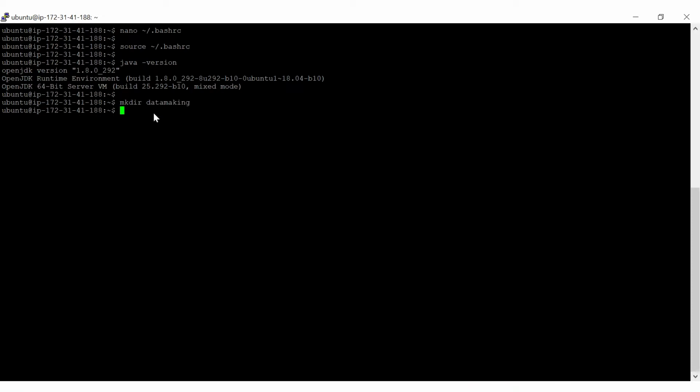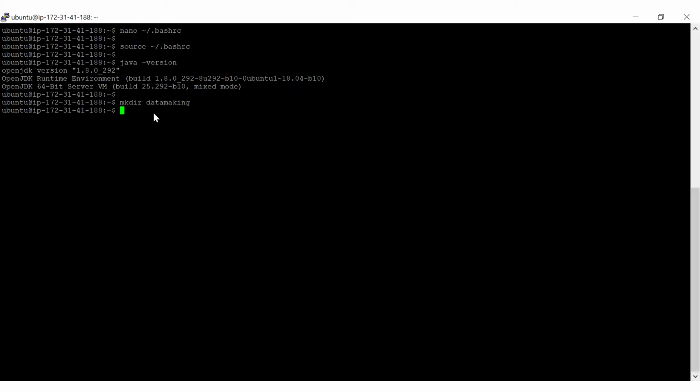Now just create a directory where I want to maintain all the softwares, because we are going to build this Hadoop on Spark cluster with very low cost, and also we are going to install some additional softwares to build big data solutions like Apache Spark and Apache Kafka, and then Apache Cassandra, then MongoDB and Kafka. So many more components or softwares or frameworks we are going to install.